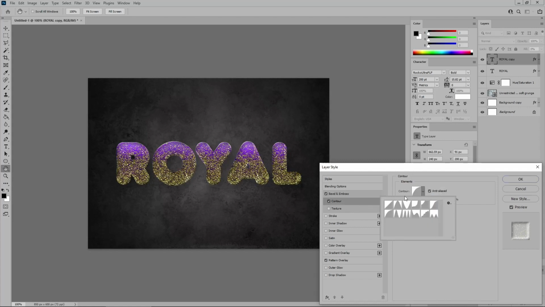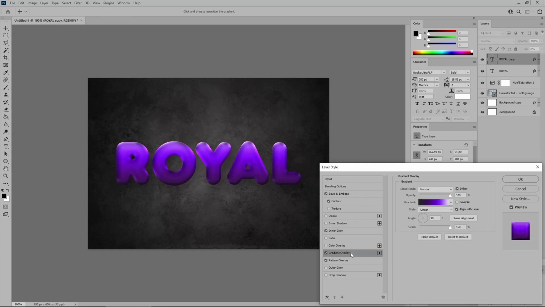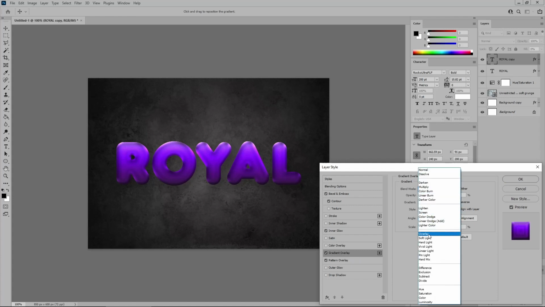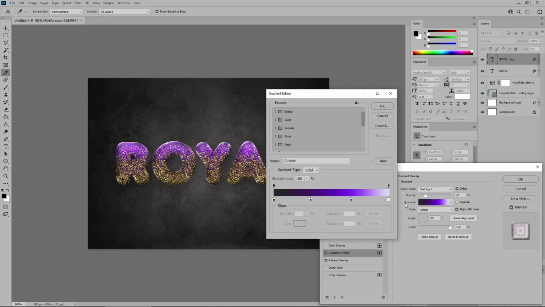For this one, select the linear preset, lower the range to 50%, and move to the inner glow effect. Increase the noise to 30% and select this ring double preset, and then continue with the gradient overlay. Change the blend mode to soft light and lower the opacity to 20%, and then click the gradient bar to